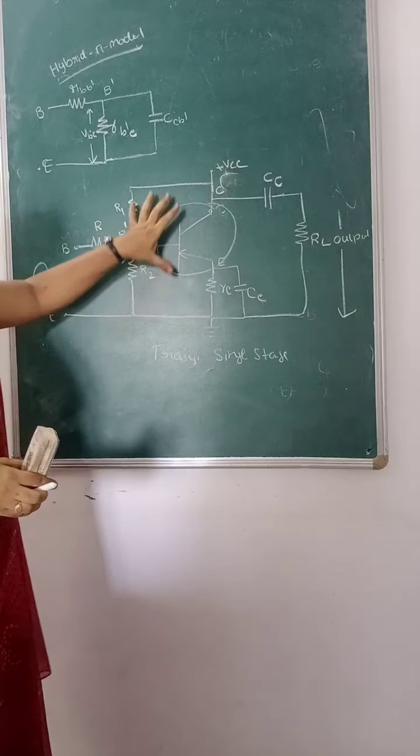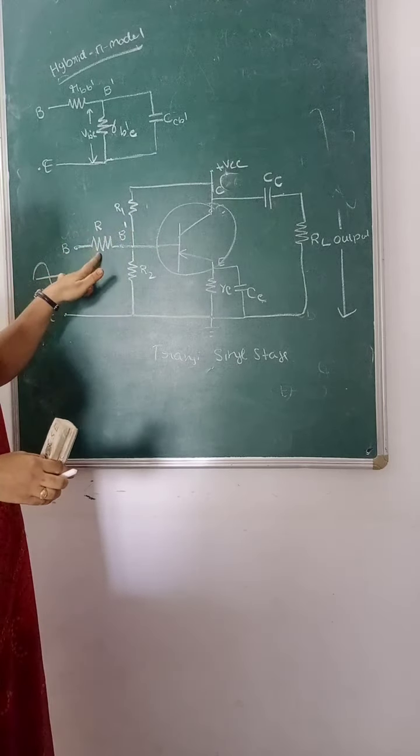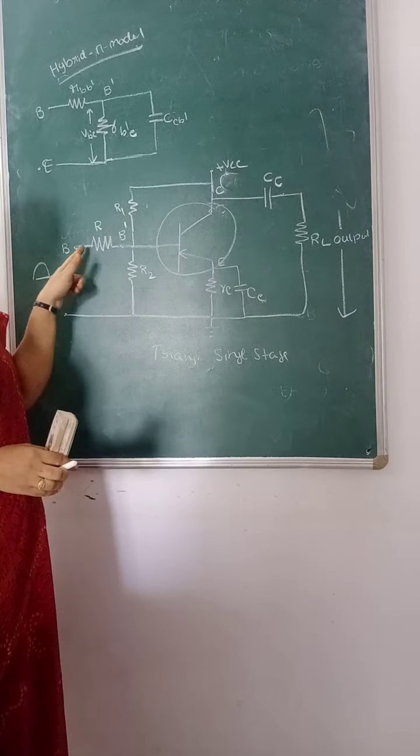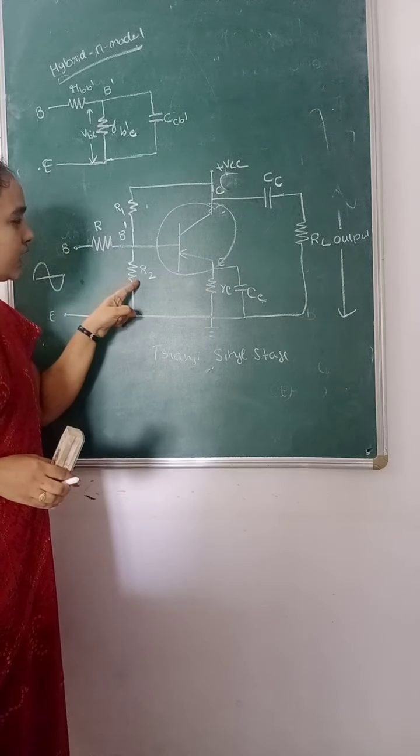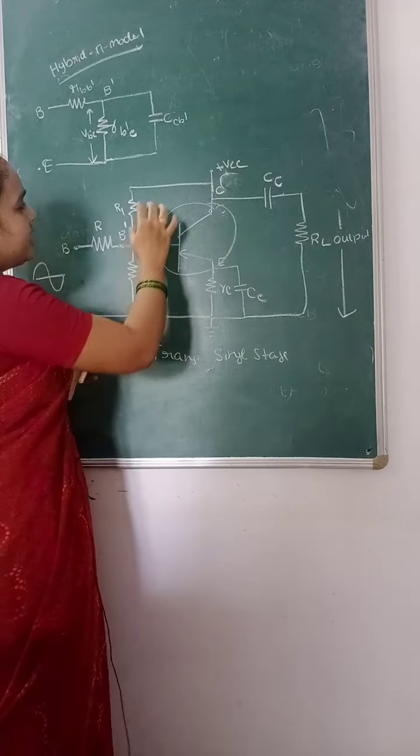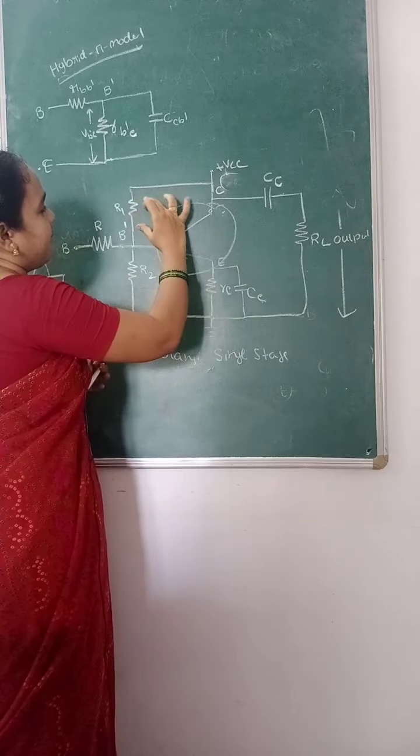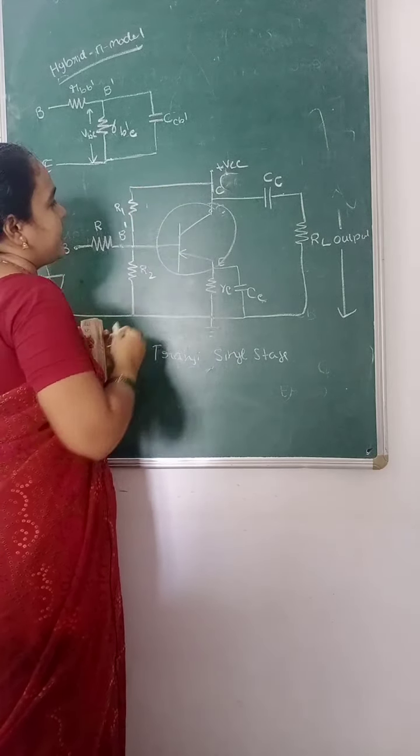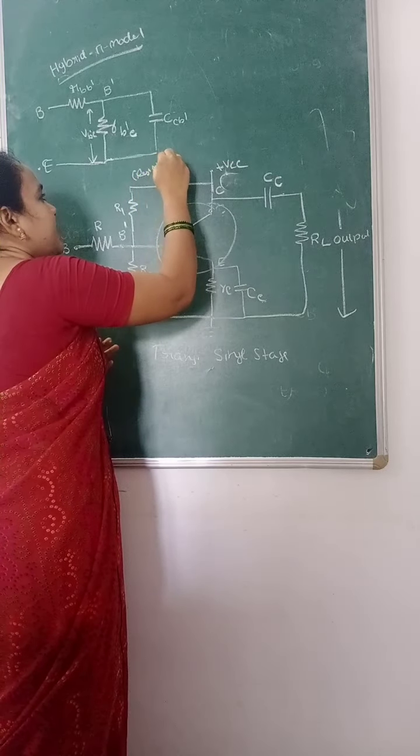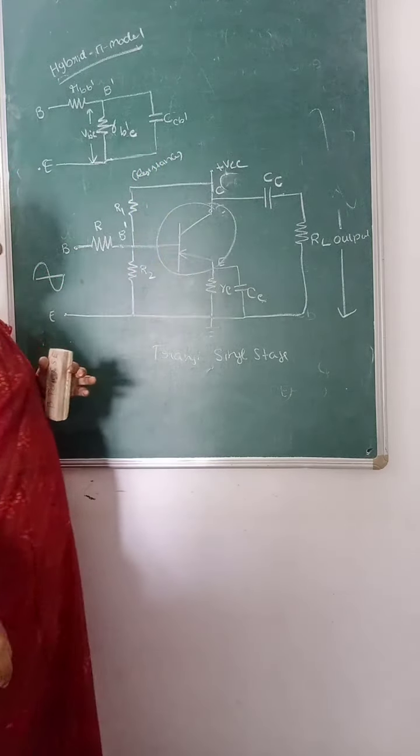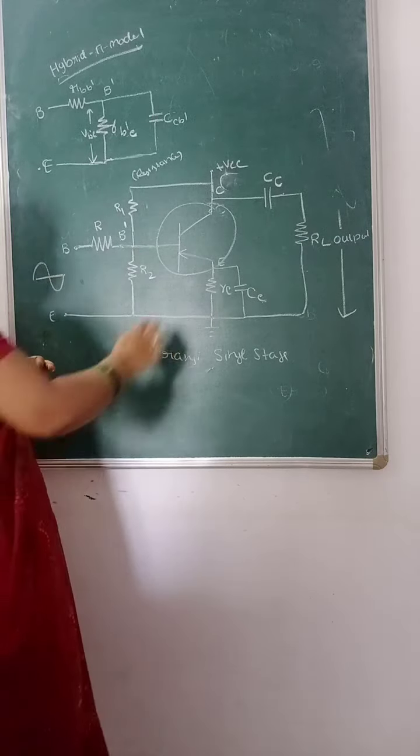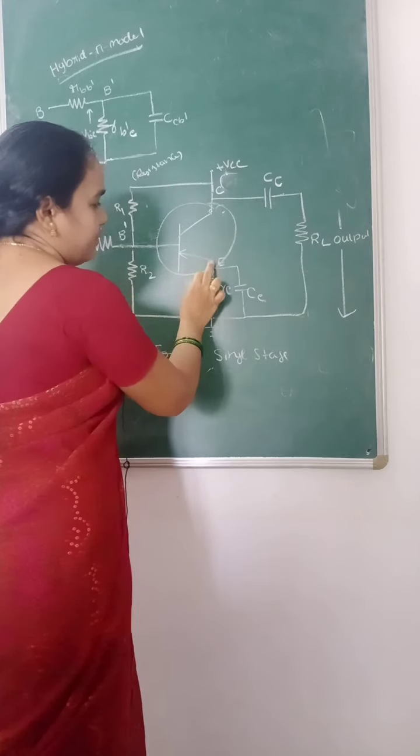So this is the input circuit. In the input circuit we will have two resistances, that is RBB dash, and here R2 is replaced with RB dash E, and R1, since it has a small resistance value, we have replaced with its equivalent capacitance CB dash. And at the emitter junction,